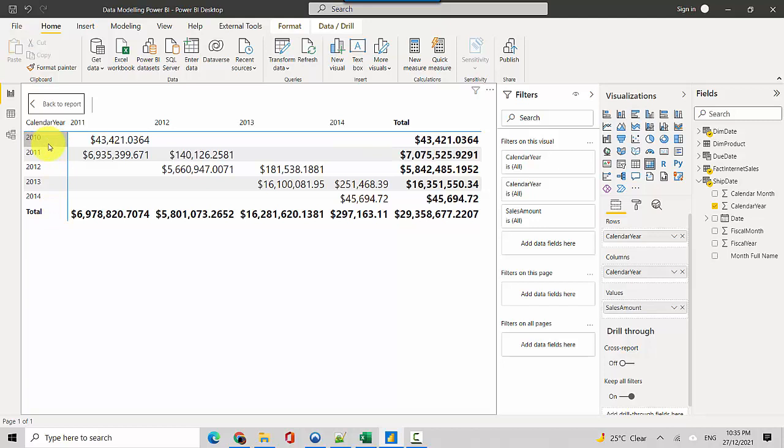And you can see that when the order year was 2010, all shipment was done in 2011, and then in 2011 most of it was shipped in 2011, and then some was shipped in 2012. And similarly, a lot of orders which were received in 2012 were shipped in 2012, some were shipped in 2013, and so on and so forth, except for 2014, where there is no ship date of 2015.